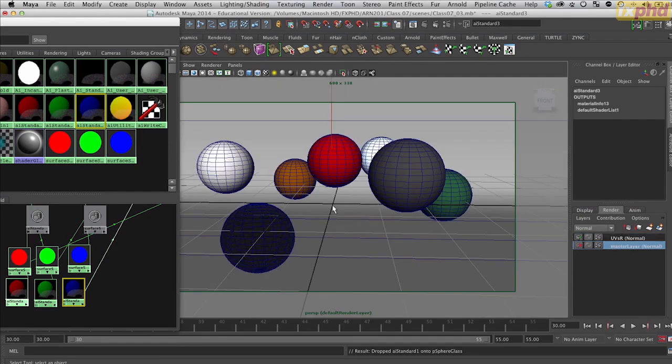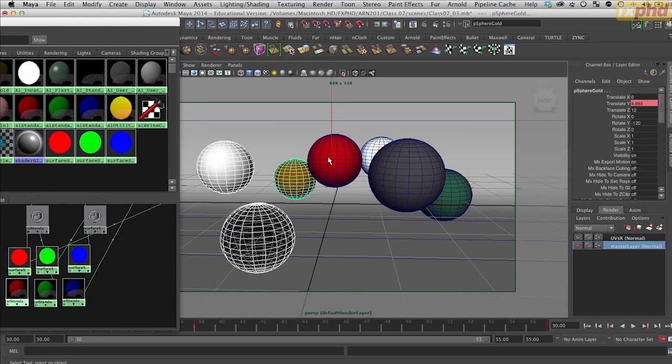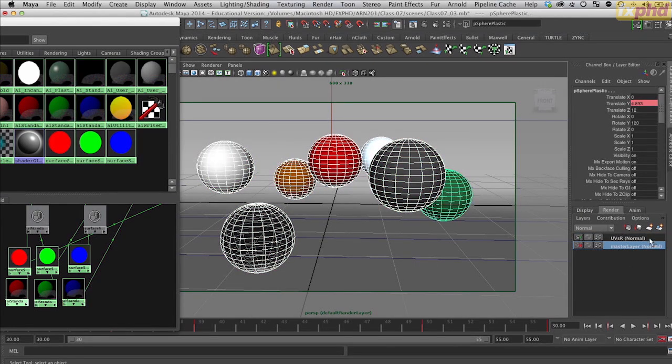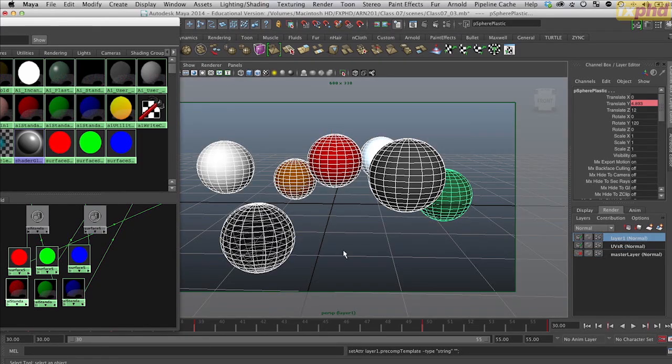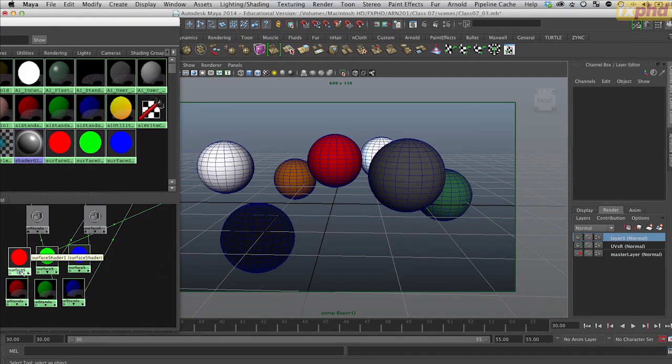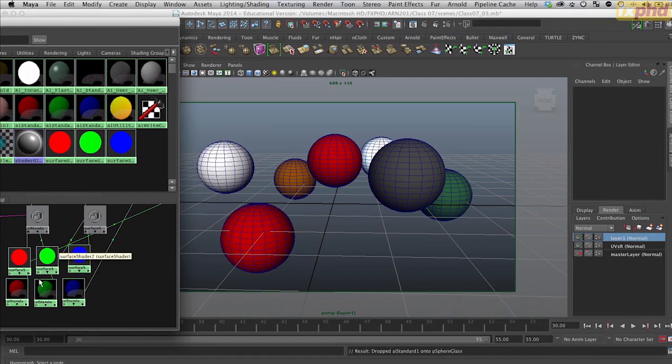It looks like we're not, so let's just first of all select these. Should have done this in the first place. Make a new render layer here, and then assign them. So red, green,